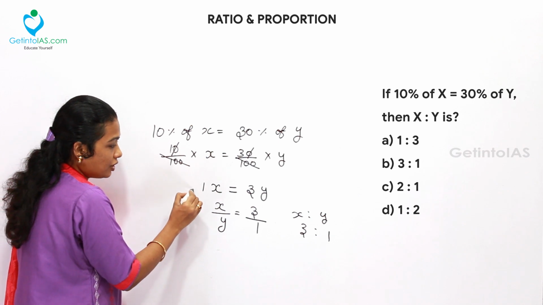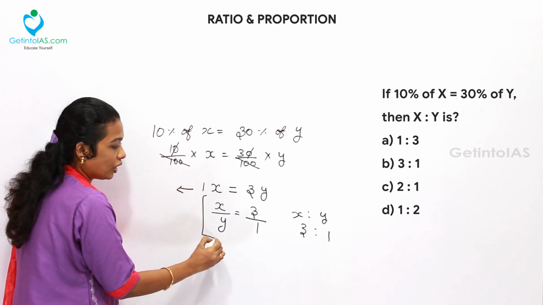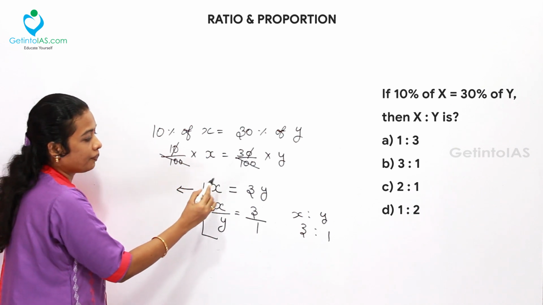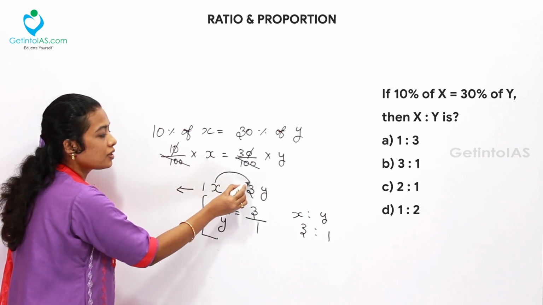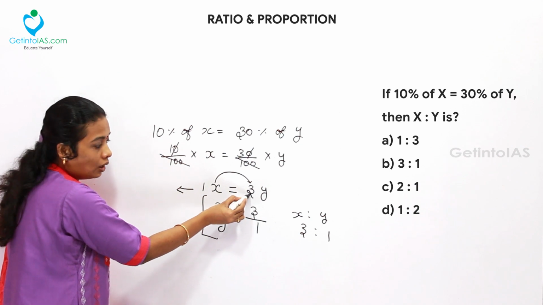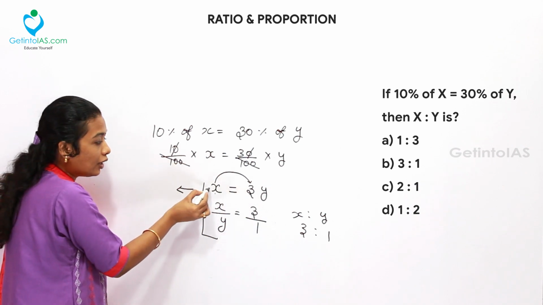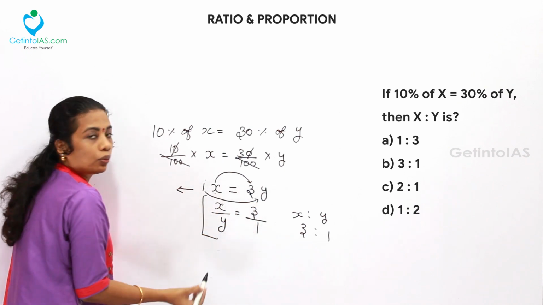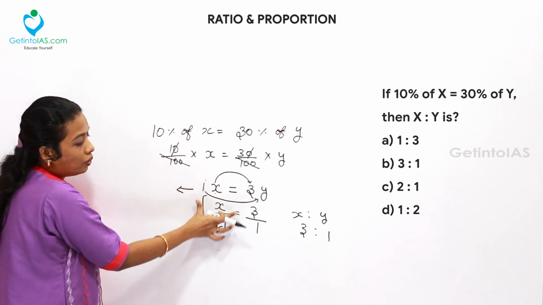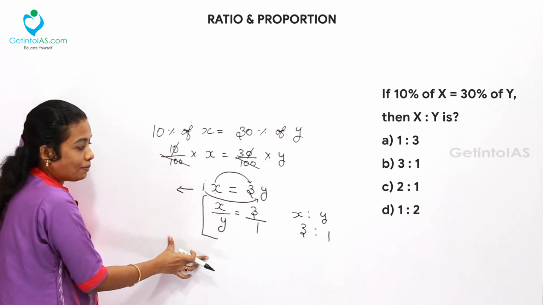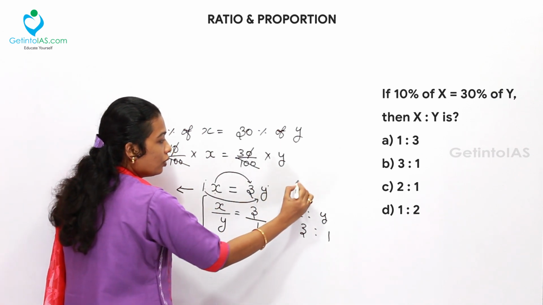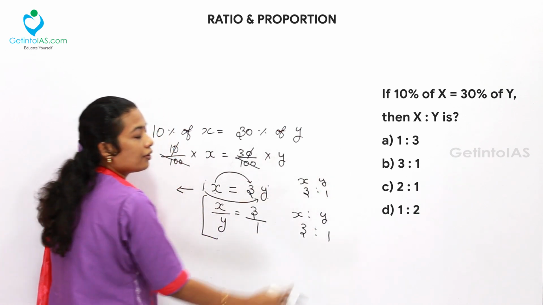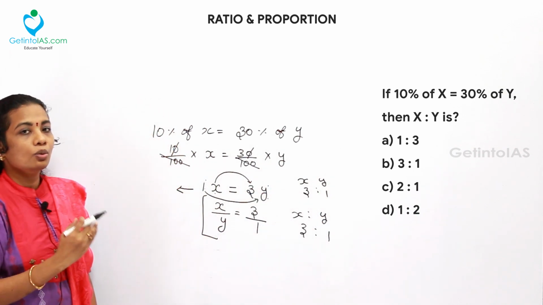But from this step itself, you can ignore this and simply say the answer by using this logic. That is, the opposite side coefficient value will become the ratio of this side, and the opposite side for y is what? 1. 1 will become the ratio for y. If you use this rule, you can simply eliminate the further steps. So from this step alone, x is 3 and y is 1. This is the ratio. Simply my answer is 3:1.